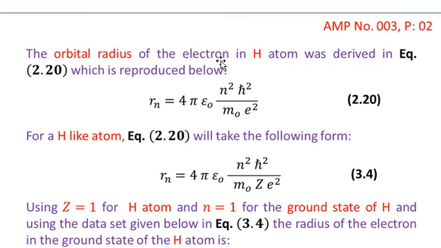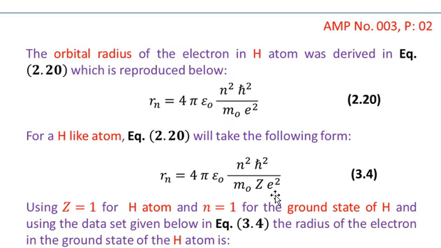The orbital radius of the electron in the hydrogen atom was derived in equation number 2.20 of the previous slide, which is reproduced below. That is, the quantized radius of the electron orbit Rn is equal to 4 pi epsilon naught times n square h bar square divided by m naught e square. For a hydrogen-like atom, equation number 2.20 will take the following form. Rn will be equal to 4 pi epsilon naught times n square h bar square divided by m naught